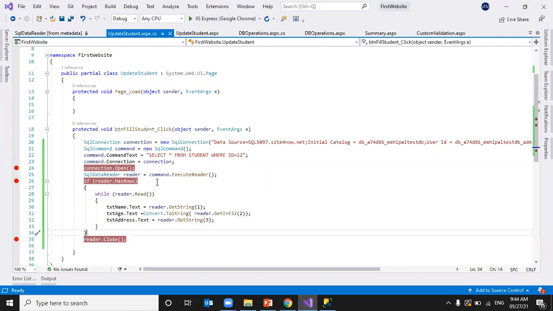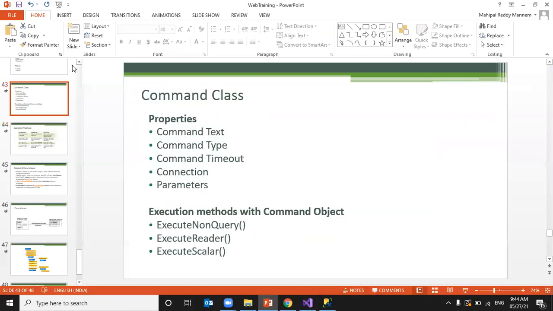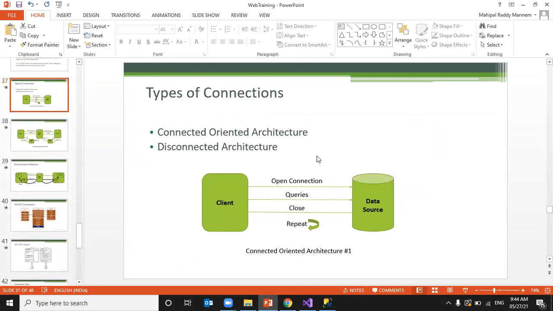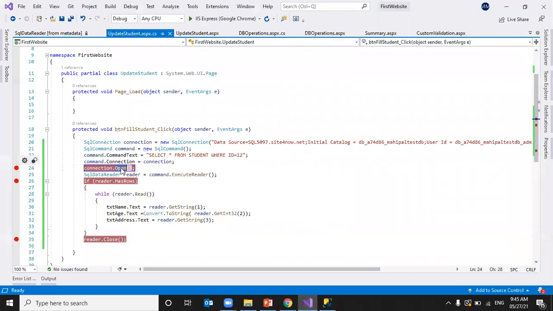Once the reading is completed, I have to close the connection. Okay, that is what we discussed here. First we have to open the connection, pass the query, and close the connection. If we open the connection, only then can we execute this method, and then we have to close it. When we close the reader, it closes the database connection as well, or if it is open, we can close the database connection also.